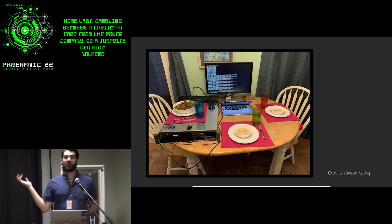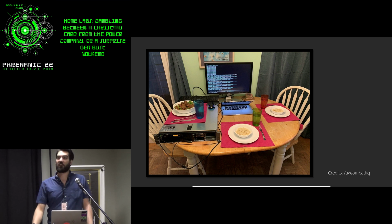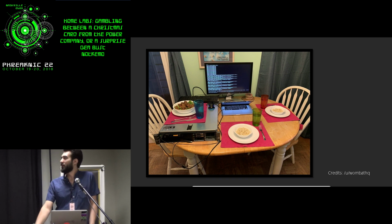This is also what a home lab could look like. This is how a lot of people actually start. If you ask my friends, you'll know that I had a stack of servers and a switch on one of my dining room tables for probably 3 months. It was great. Of course, having your drink on top of the server is a little bit